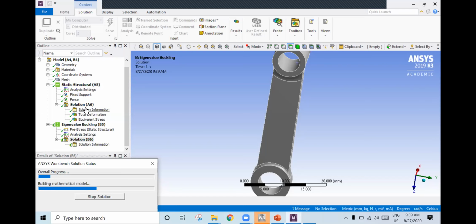After this, if you refer to the crankshaft report, you will get some clarification with respect to this. It will take time because at a time we are running 2 analyses, 2 solutions. That's why it will take time.